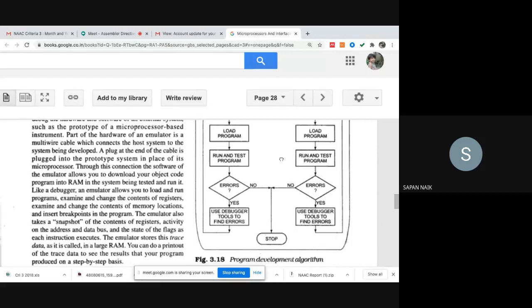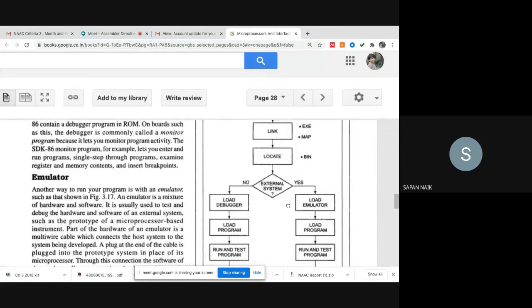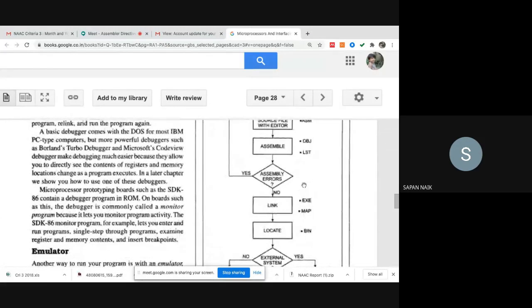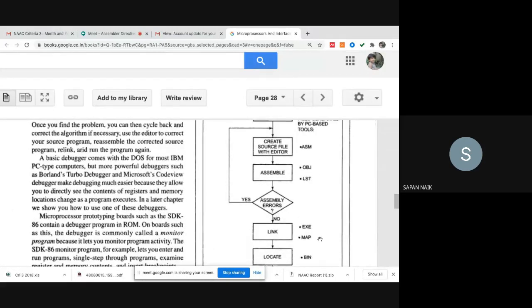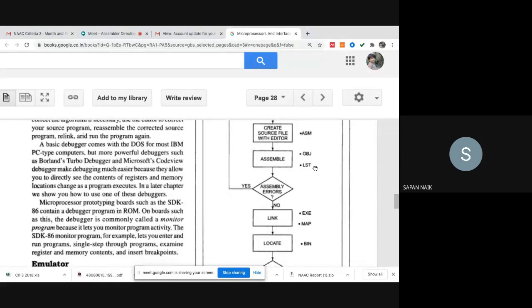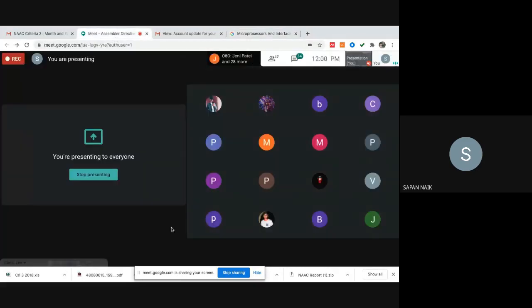So this is how your basic assembly language program gets executed, and these are the different files which are generated in the background. But we don't actually know about all these files, because once the ASM file is generated, we simply run it and we get the output. Fine. So this is what you need to understand.